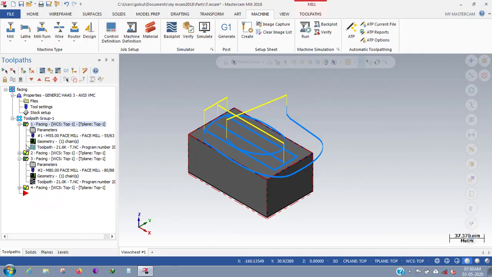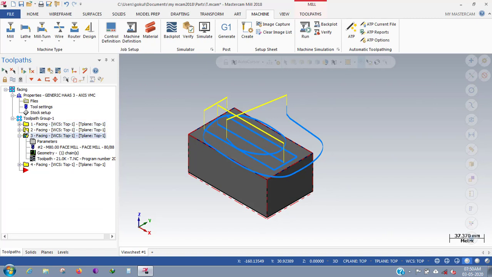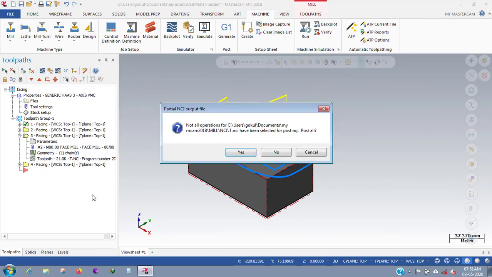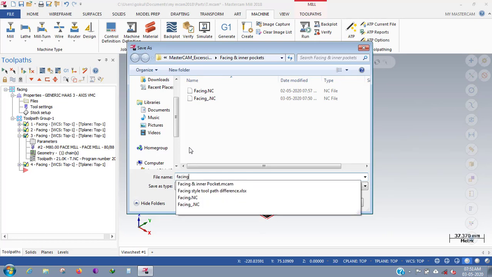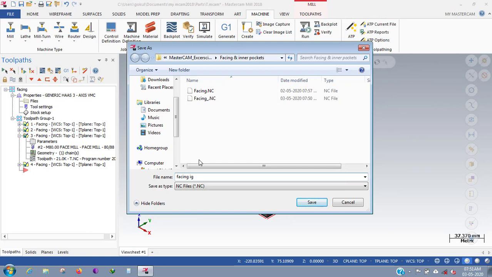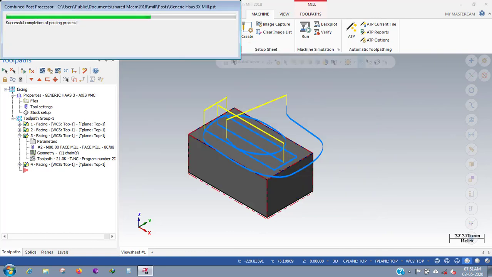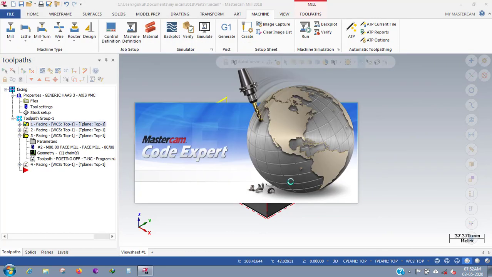If you want to select specifically only the first option program, you see there is another area to generate the program, which is the same G1, and if you click here post chart, you can give facing G, I have given a short name.